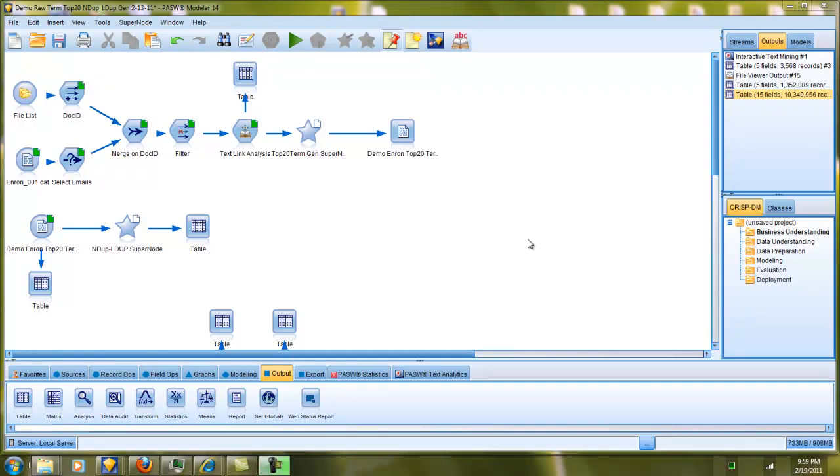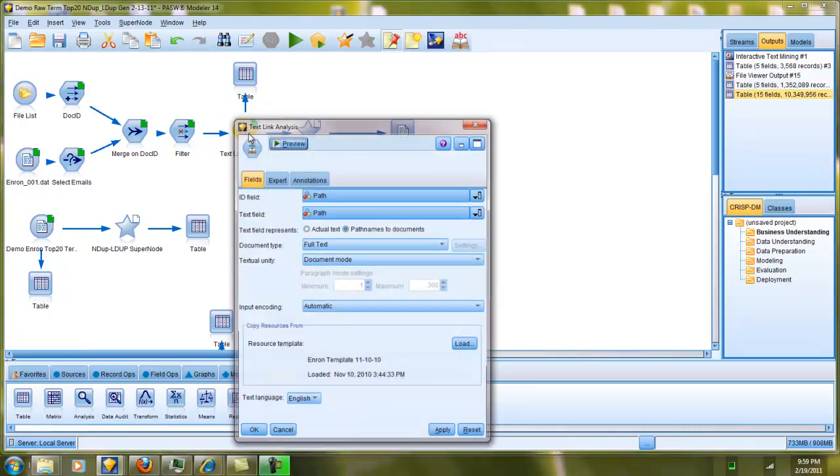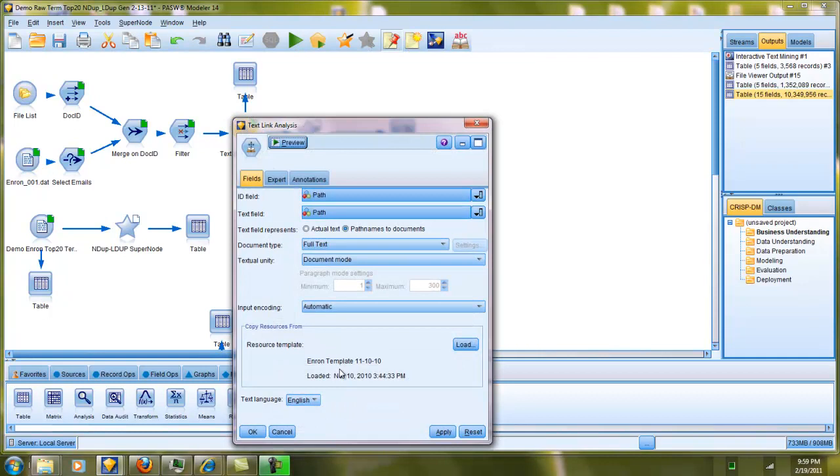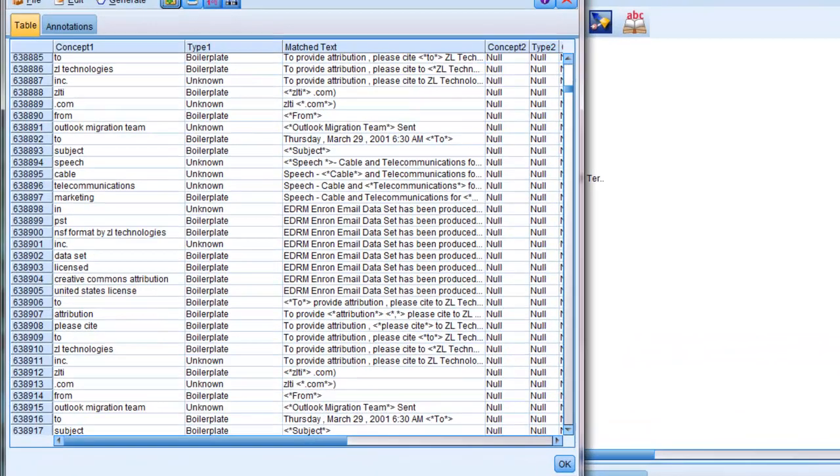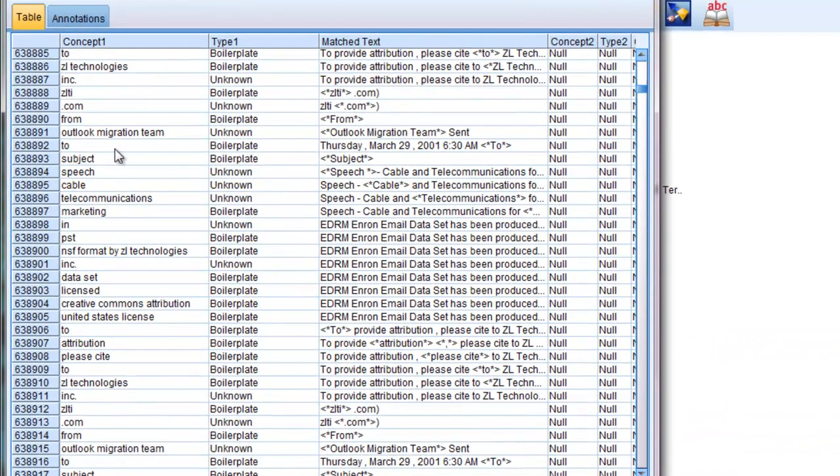So let's look at the first stream. In the first stream we have the source files located in the file list being brought into the text link analysis node, which we've seen before from the text extraction videos, and we have loaded into that the Enron template. The output from that node is the list of terms that are extracted from each document, and this gives you